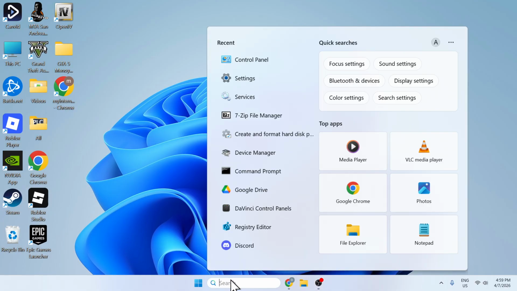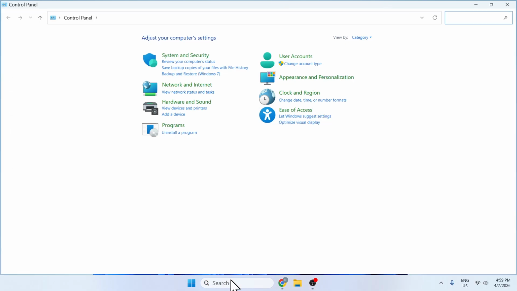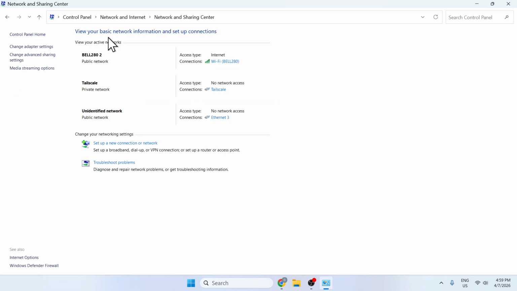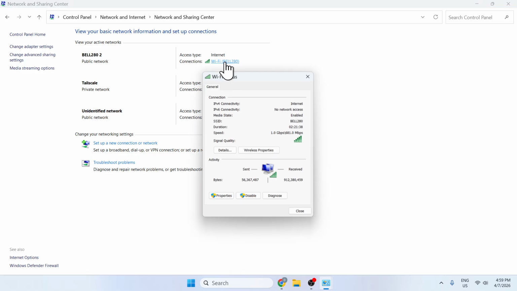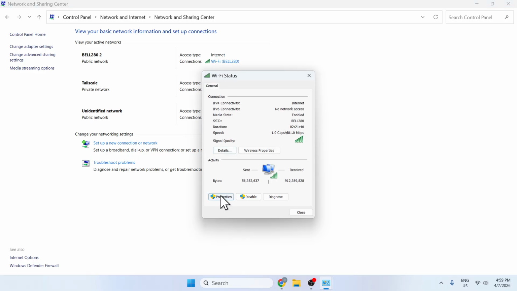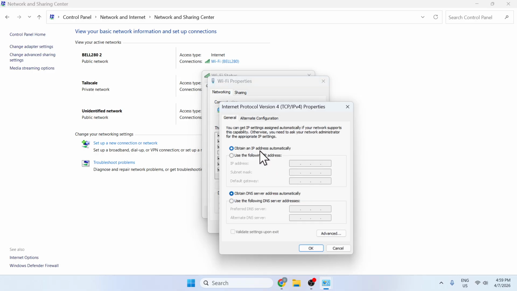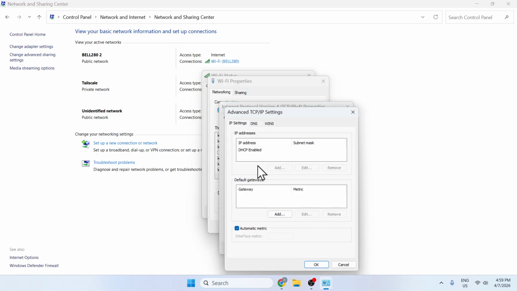Now if this doesn't fix your issue, go here, type in control panel and go to network and internet, network and sharing center, and find your internet. And under connections, you want to click whatever it says under connections, and here you want to go to properties, and here you want to go down until you find internet protocol version TCP. Click on it, properties, and here you want to click on advanced, and then you want to click